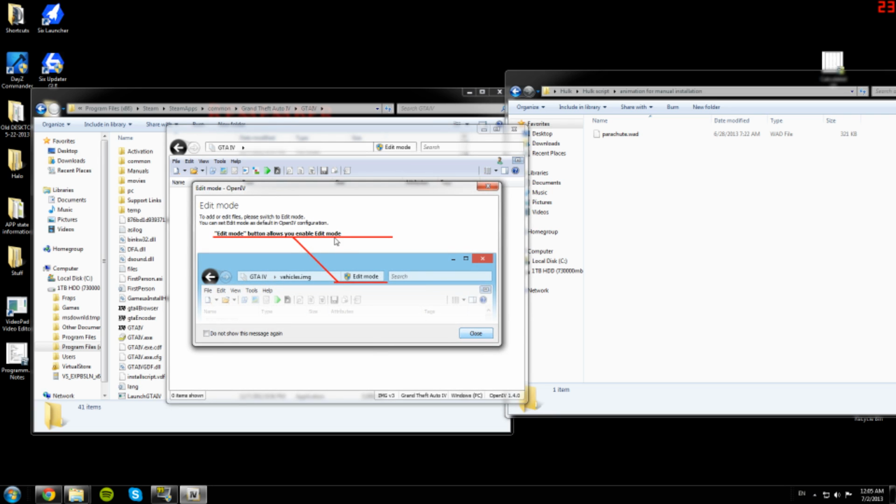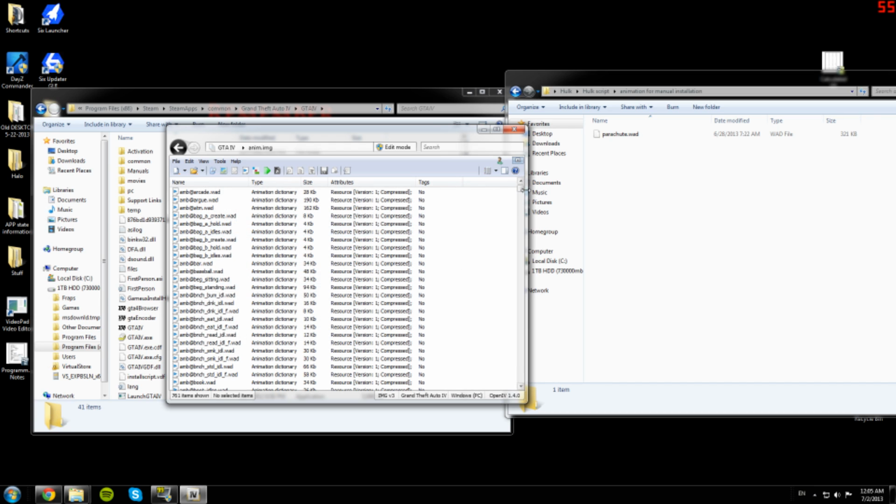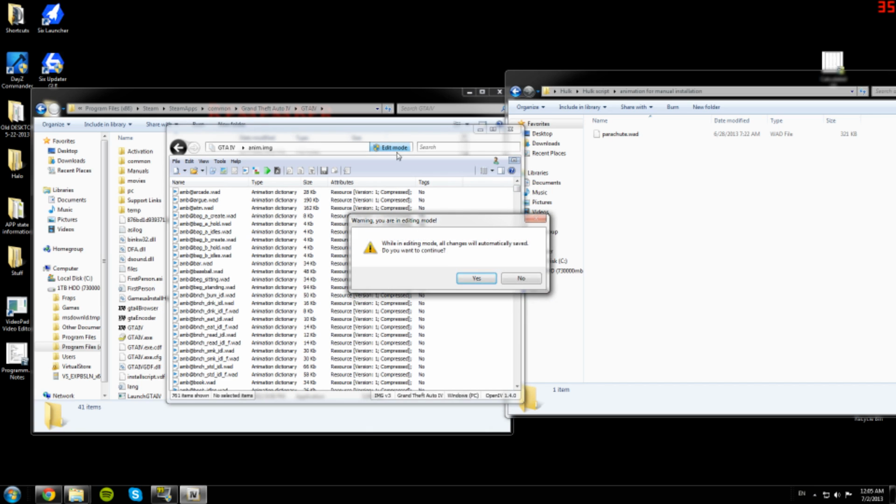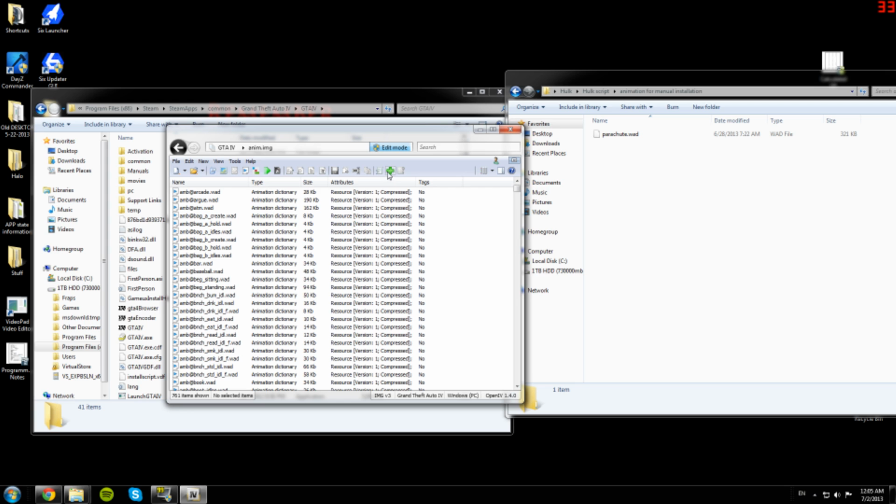It'll give you this message saying you have to enable edit mode, close. And you'll see there's a lot of files in here already. So what we're going to do is click edit mode, and then just say yes, and then a green arrow should pop up right here. We can click this green arrow,